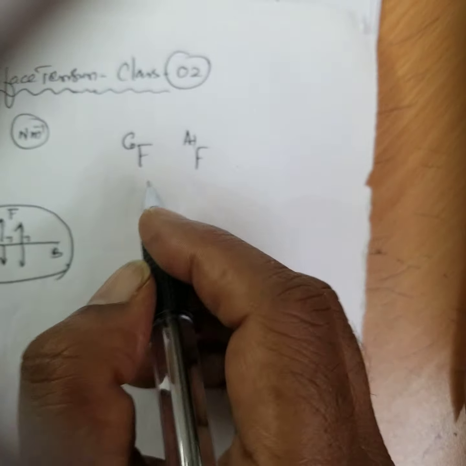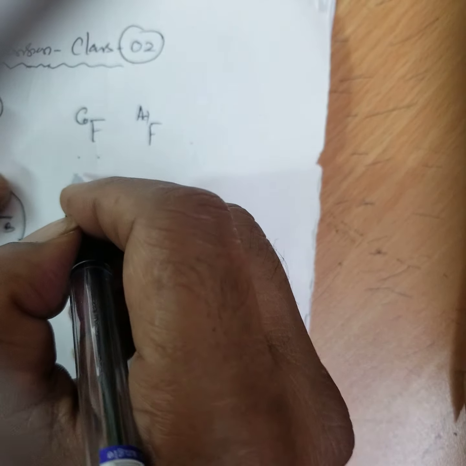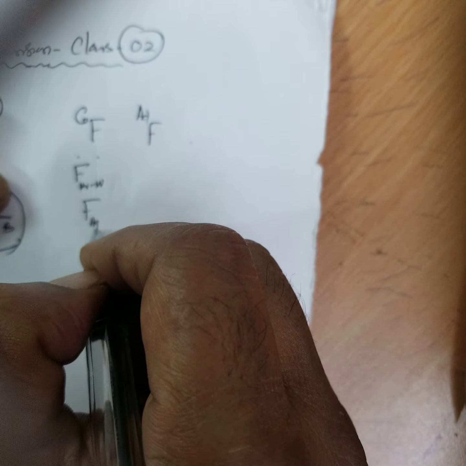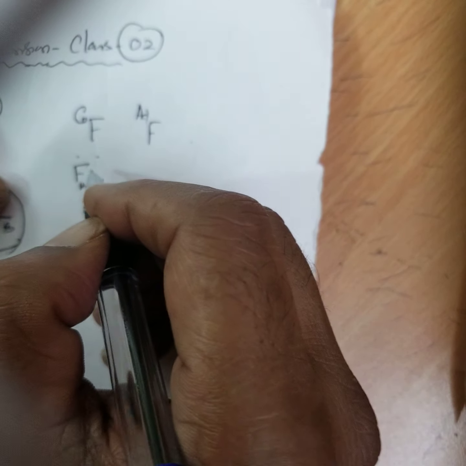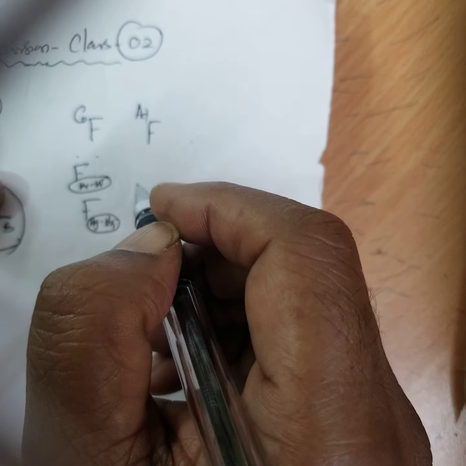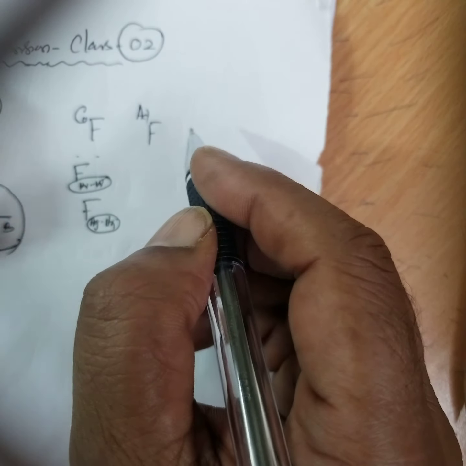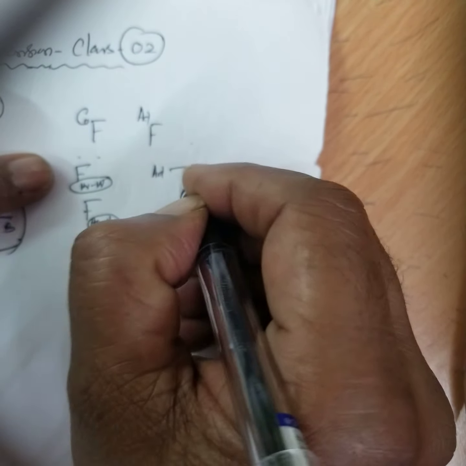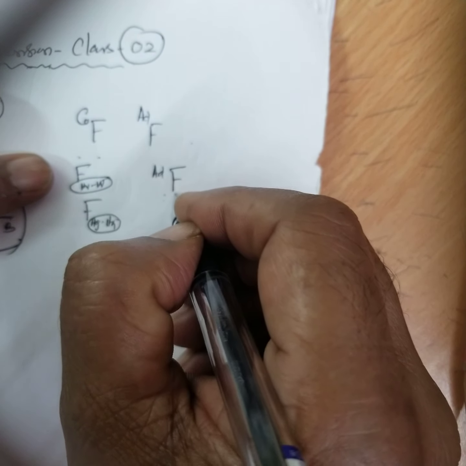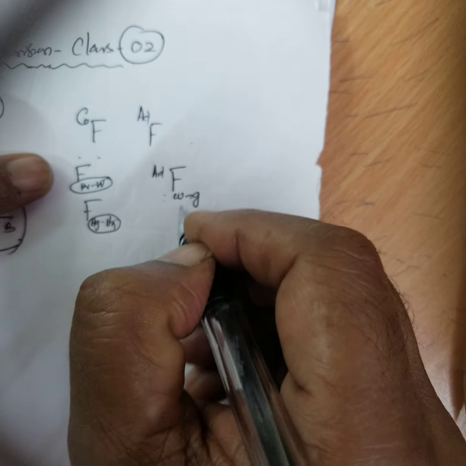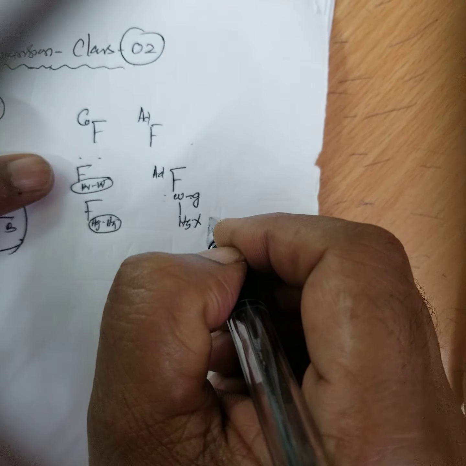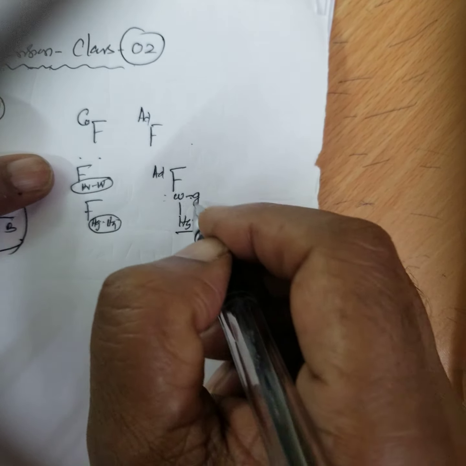Then I said what is cohesive force and adhesive force. What is cohesive force? Force between like molecules, force between water molecules, or force between mercury molecules. It is the force of attraction between the molecules of the same substance. It's called cohesive force. And adhesive force is the force of attraction between the molecules of different substances. Water wets the glass, right? But mercury does not wet the glass because the force is repulsive. This is attractive force.